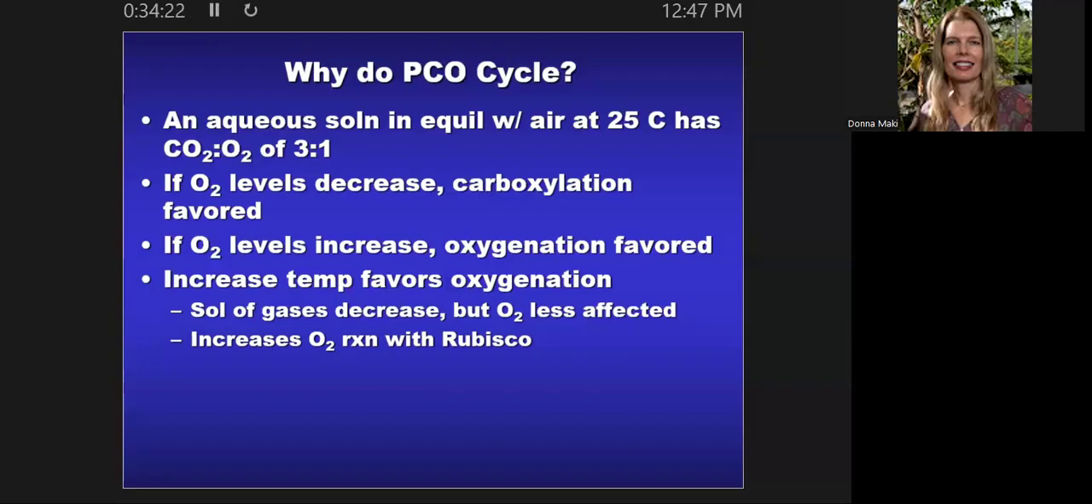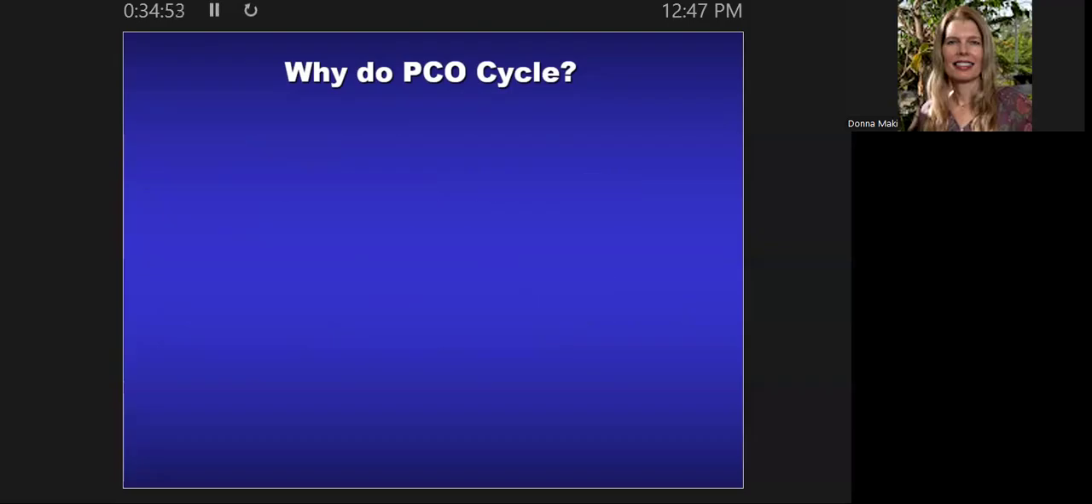Now, if you go to really hot places, like a tropical forest near the equatorial line, where it can be hot every day, you would think they're probably running the PCO cycle all the time, every day. But it turns out they're not. Because they managed to evolve a situation where they've solved this problem. And so we'll talk about that as we get a little bit further into this. But the other thing to think about,